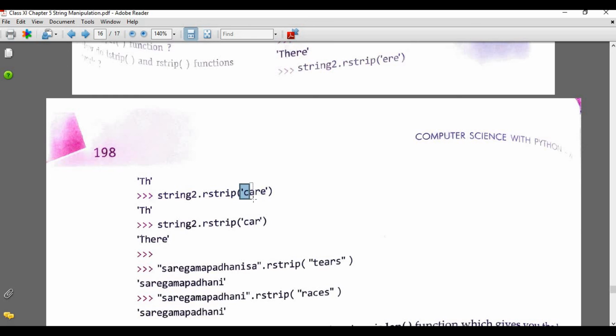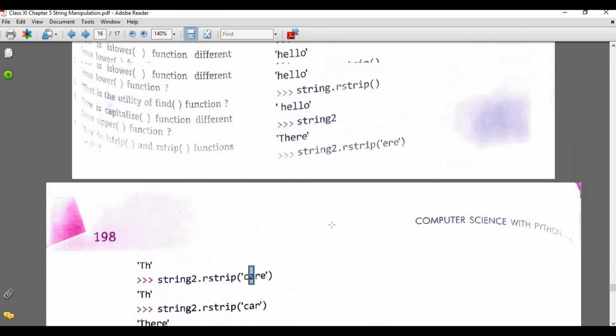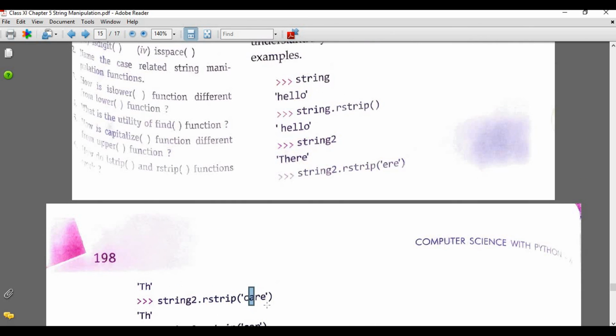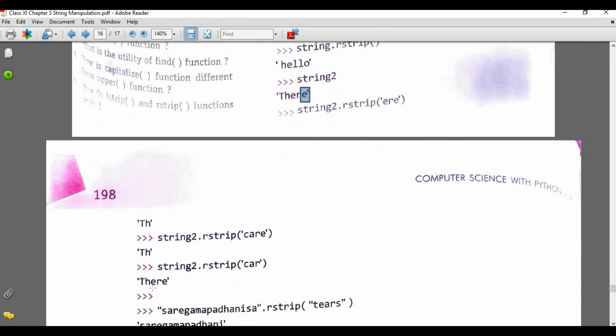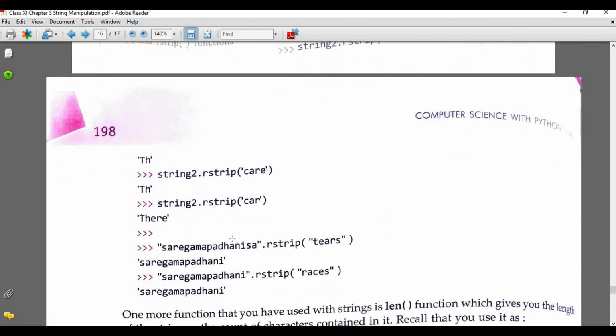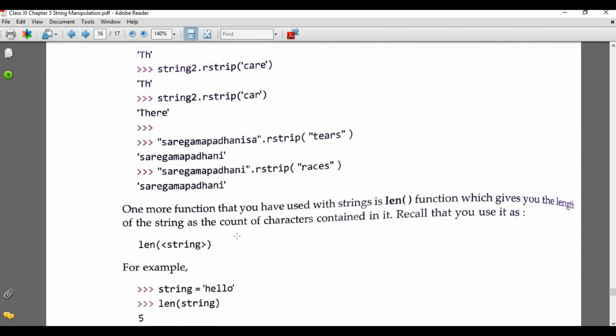Look, this A is not present, no problem, but RE is present, so it will consider both the E. The one E is written here, so that means both the E it will accept, either this one or at the last one. So it displays only TH. So these are all the examples of R strip.